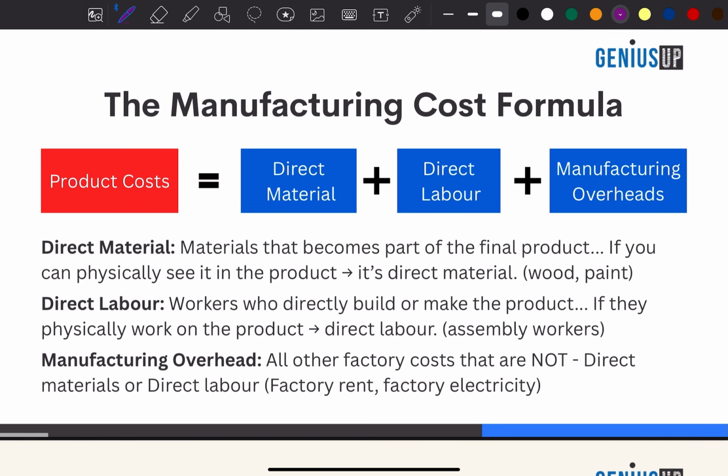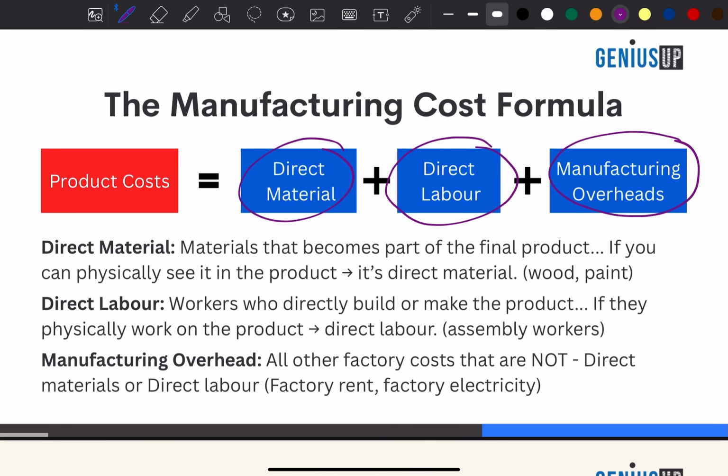So it's made up of three things. First, it's direct material. So it's made up of direct material, and then you add direct labor, and then you add manufacturing overheads. What's the difference between these three things? So direct materials are usually materials that become part of a final product. So the nice way to think about it is, if you can physically see it in the product, it's direct